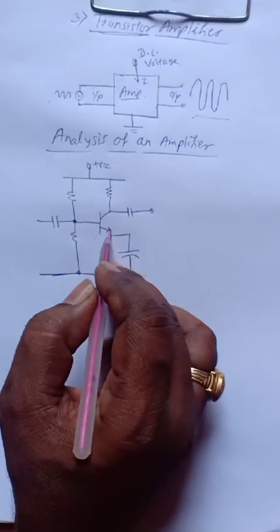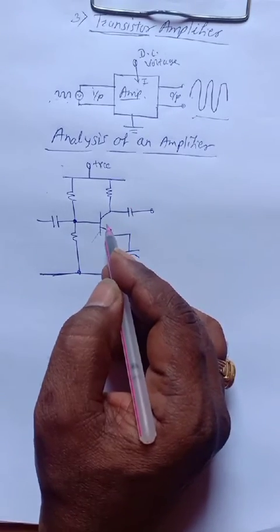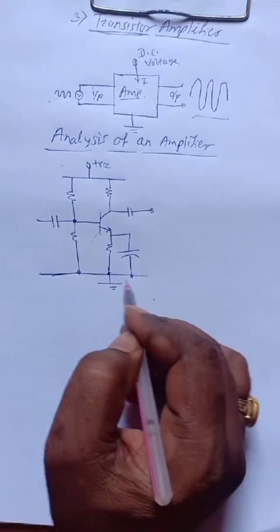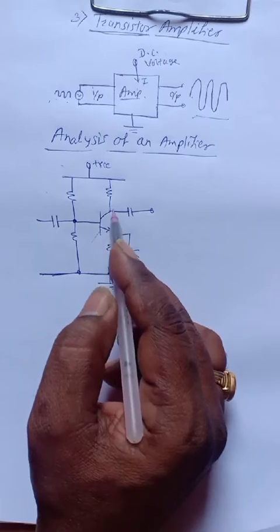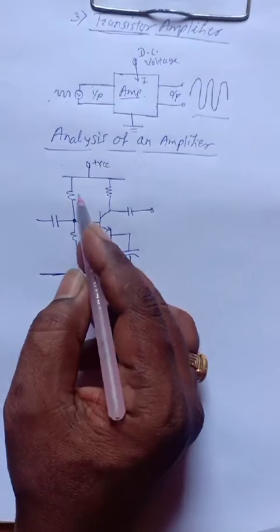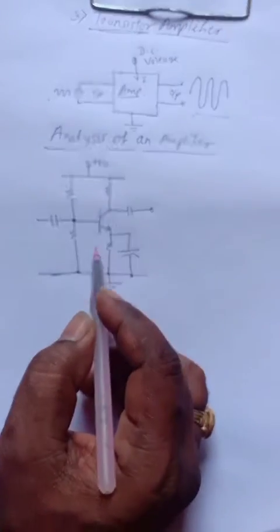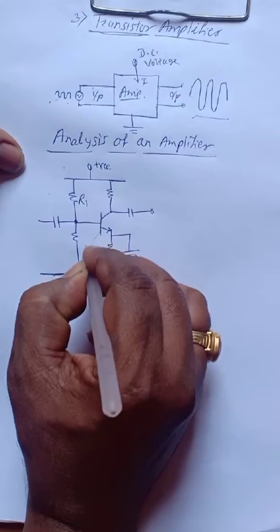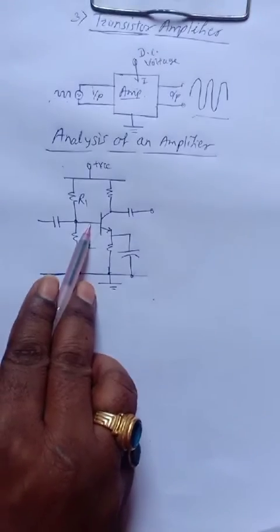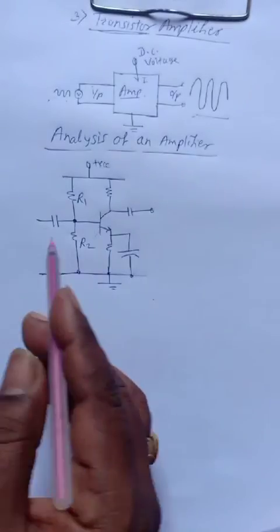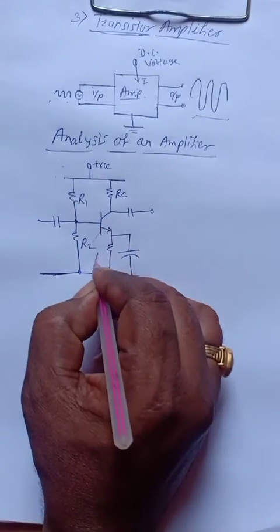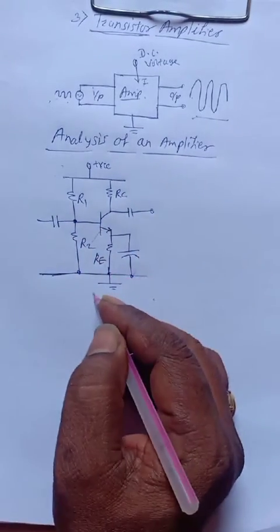This is an amplifier using a transistor. It is a common emitter amplifier. The emitter is grounded, and that's why this is a common emitter amplifier, with a biasing method. Which is the biasing method? The biasing method is potential divider biasing, because it has two resistors R1 and R2. The voltage across R2 is given to the base of the transistor, which biases the transistor. This is the load resistor RC. This is RE, the emitter resistor.